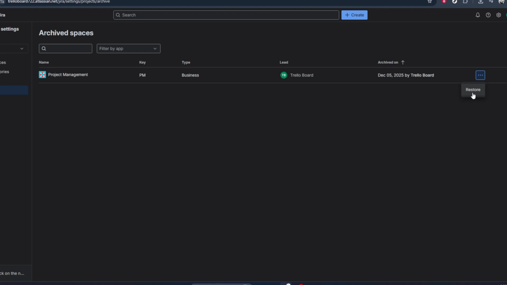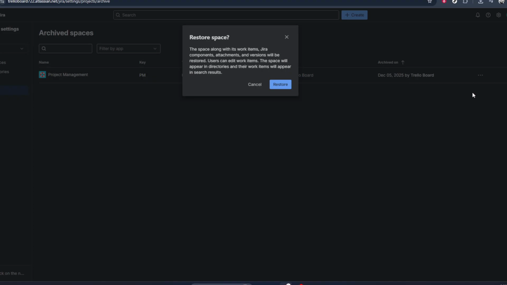From the menu that appears, click on Restore. Jira will then begin the process of returning that project from the archived list back into your active projects. Once restored, the project will reappear in your standard project list, and your team will be able to interact with it again as